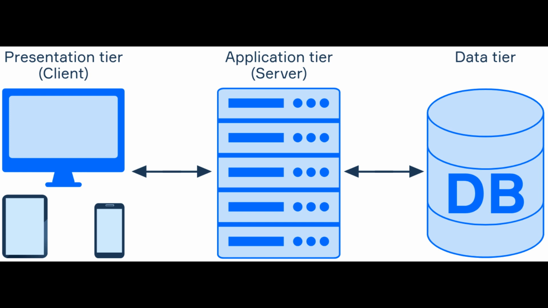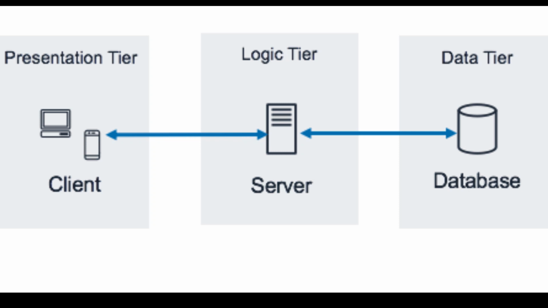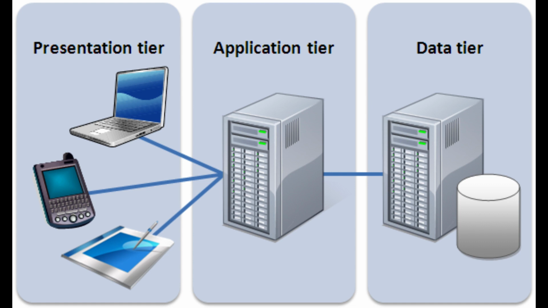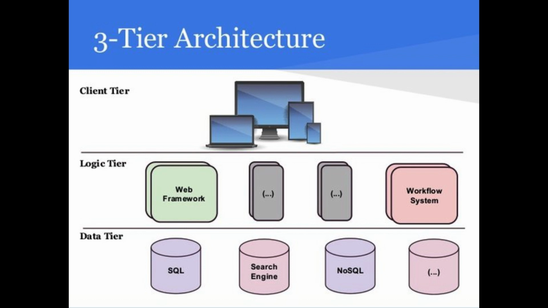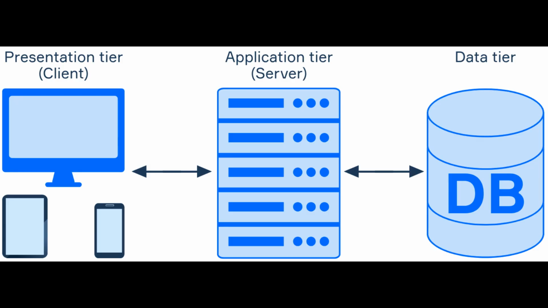Three-tier software architecture is a popular design pattern used in the development of software applications. It divides the application into three distinct layers or tiers, each responsible for specific functions and interactions. These tiers are the presentation tier, the application tier, also known as the logic or business tier, and the data